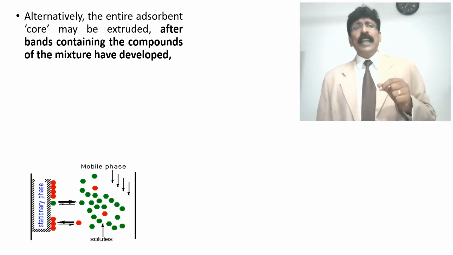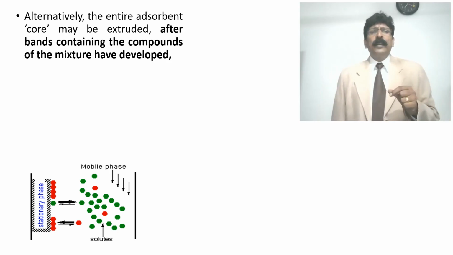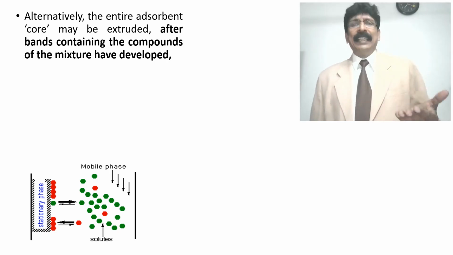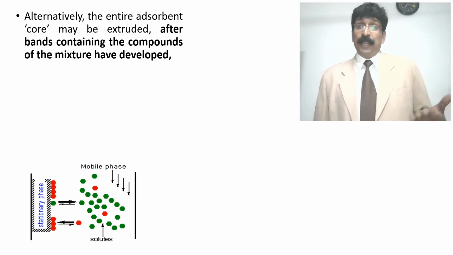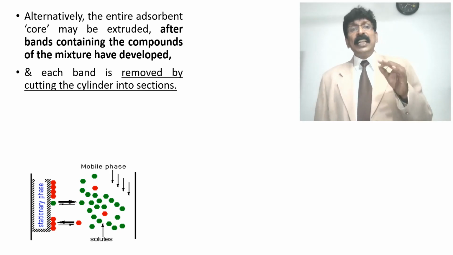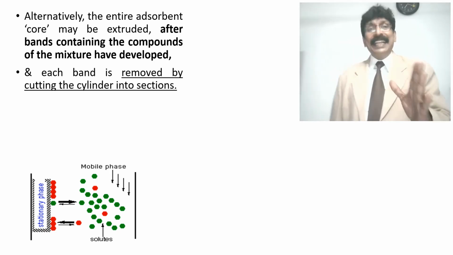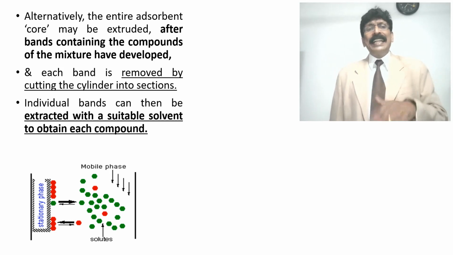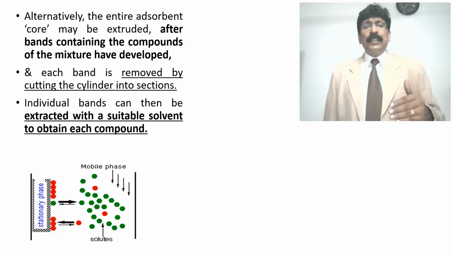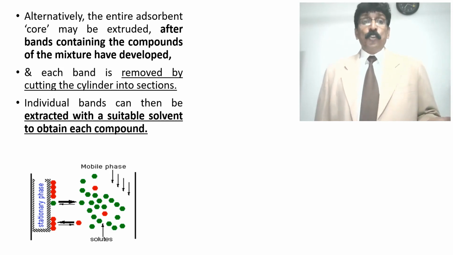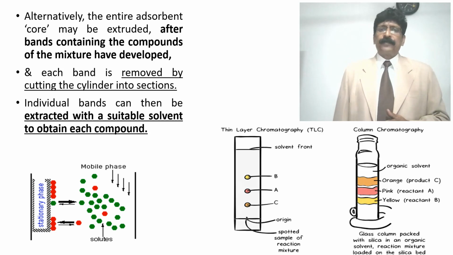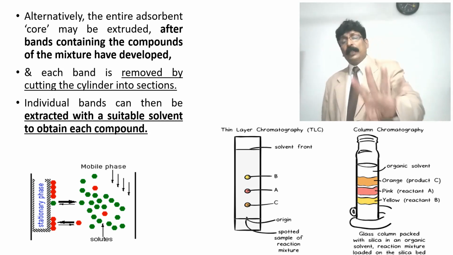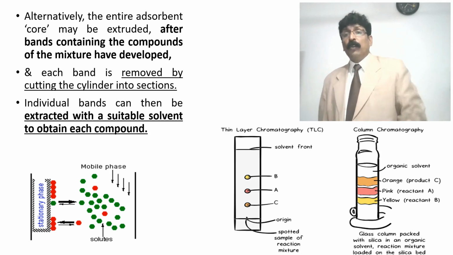Alternatively, the entire adsorbent core may be extruded after bands containing the compounds of the mixture have developed, and each band is removed by cutting the cylinder into sections. Individual bands can then be extracted with a suitable solvent to obtain each compound. This picture is just to show you an example. We are going to study TLC in detail, and now we are going to see column chromatography